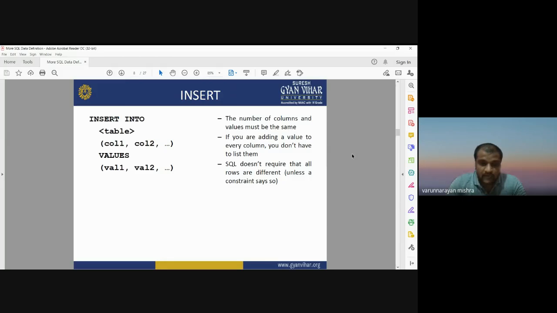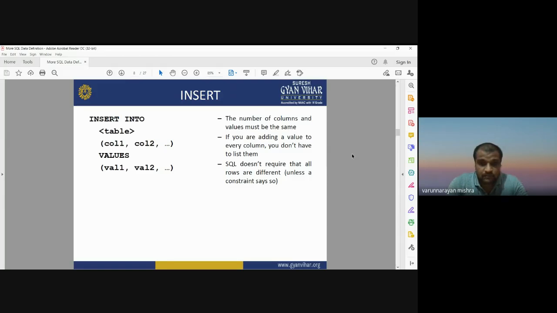Structured query language doesn't require that all rows are different unless a constraint says so. Basically, whatever values we insert in any table, you have to define the column number and the values.